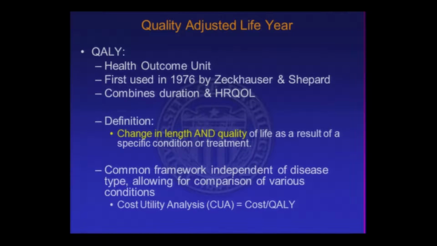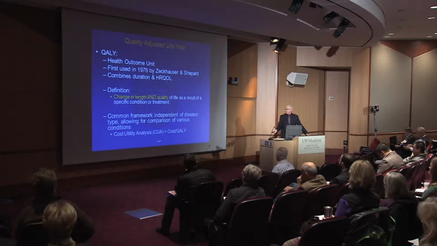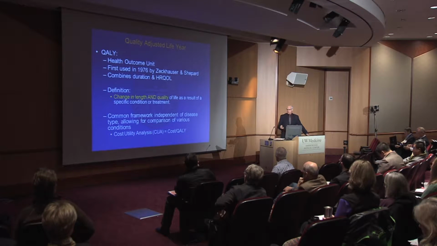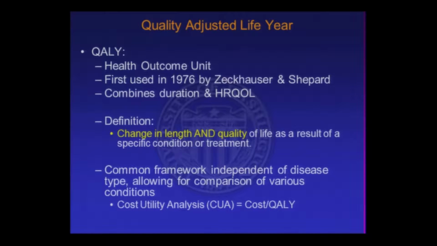If you do what we call a cost-utility analysis, which looks at the cost per QALY, okay, so a QALY, well, I'll go into it a little bit more. A QALY is basically a year of life at a certain quality of life. If you look at the cost per QALY, obviously the lower the cost per QALY, the better the treatment or the better value the patient is receiving. Okay, so how do you calculate a QALY?